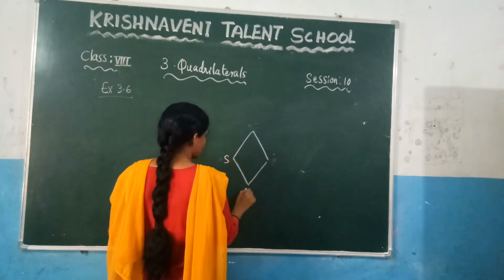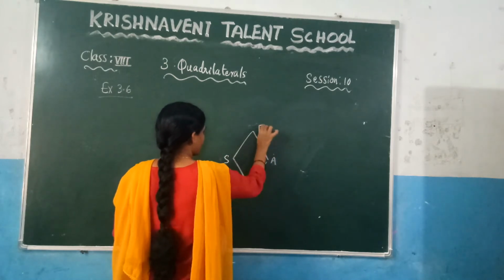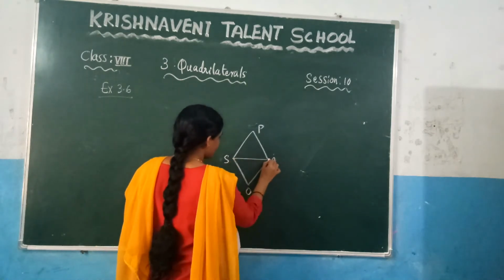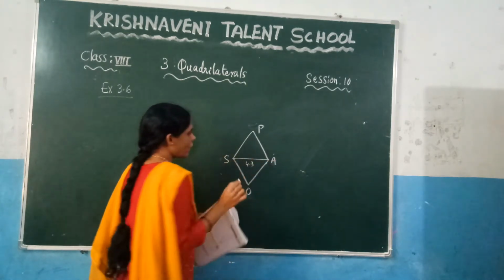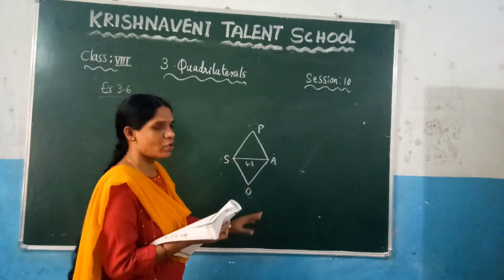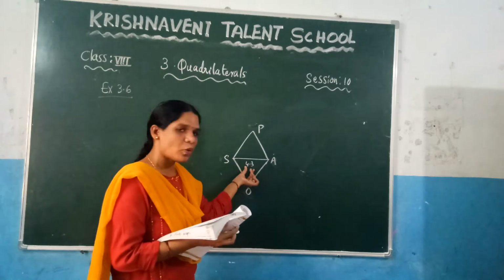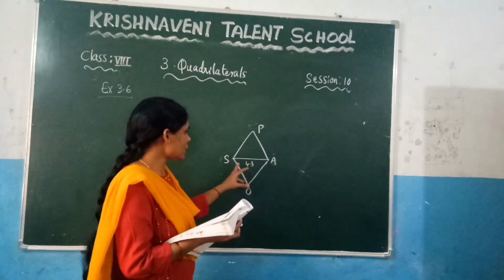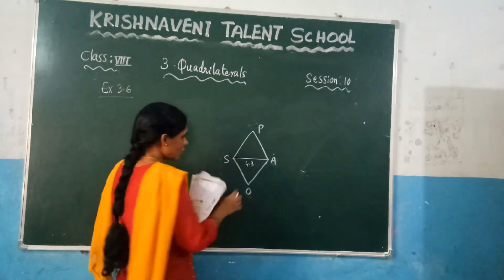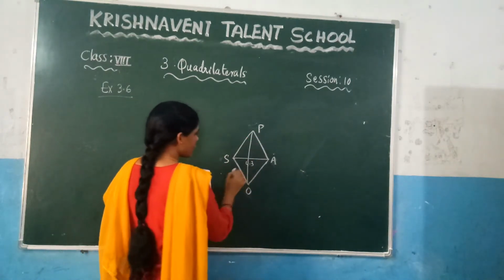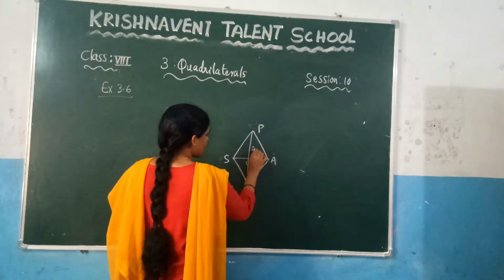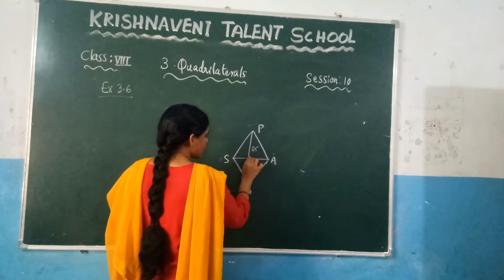So here write it here SOAP. So what are the measurements given here? SK, they have given this measurement as 4.3. Why have I changed? Before I had written SOAP, but I changed it here. Why? Because if you take the half of 4.3, it is difficult. So let us take this one as the diagonal. Now what will be the other diagonal, which is OP? This is 5 centimeters, and you know that half of 5 is nothing but 2.5. That means here this length is 2.5 and this length is 2.5.